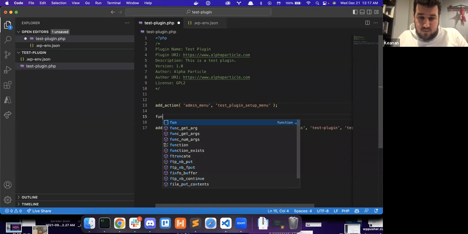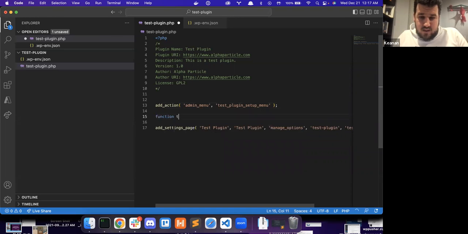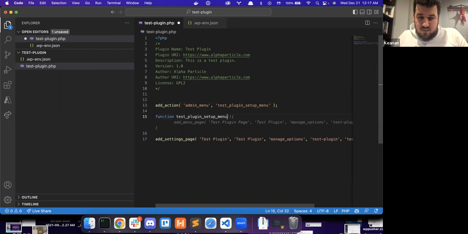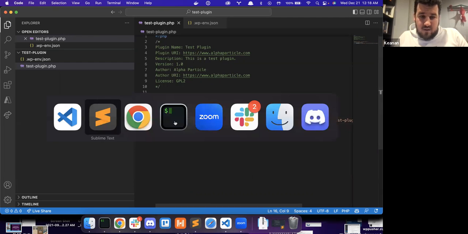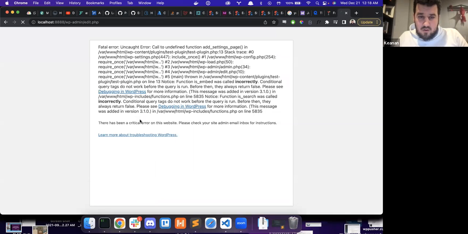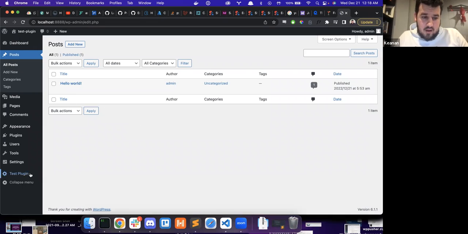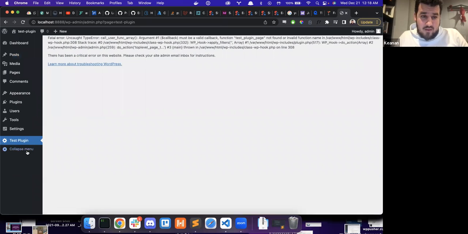That's pretty cool. So again, all of these autocompletes that you're seeing here are provided courtesy of GitHub Copilot. So great. We've got our test plugin setup menu. That worked a lot better. It's got all of our test plugin pages, etc. So if we save this and we go back to Chrome, we see that we actually do have a test plugin menu now. So, okay, now that we click on that, we realize we don't actually have a callback